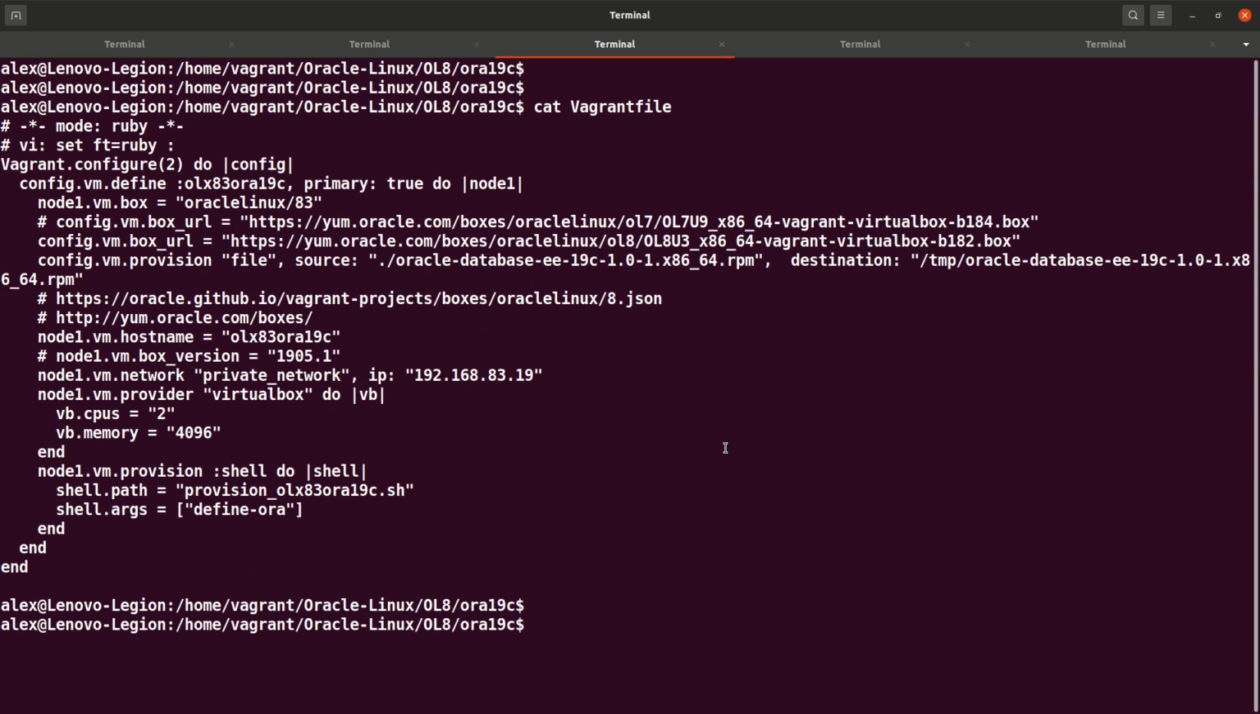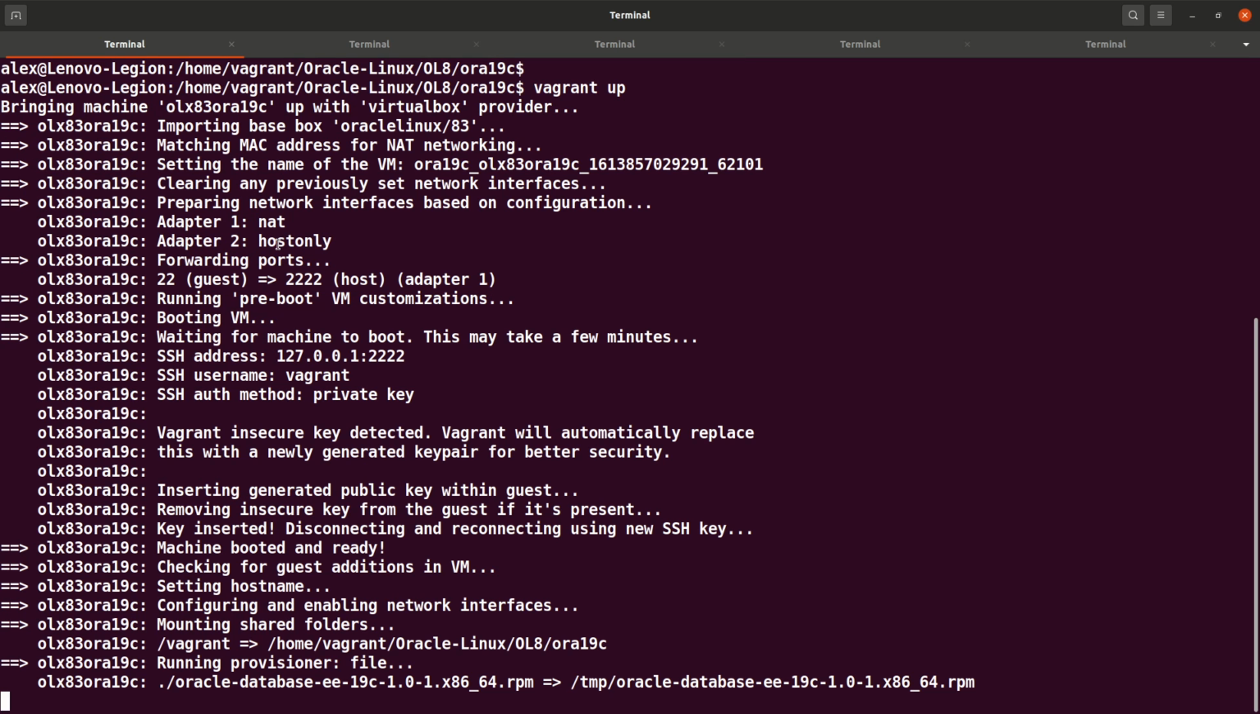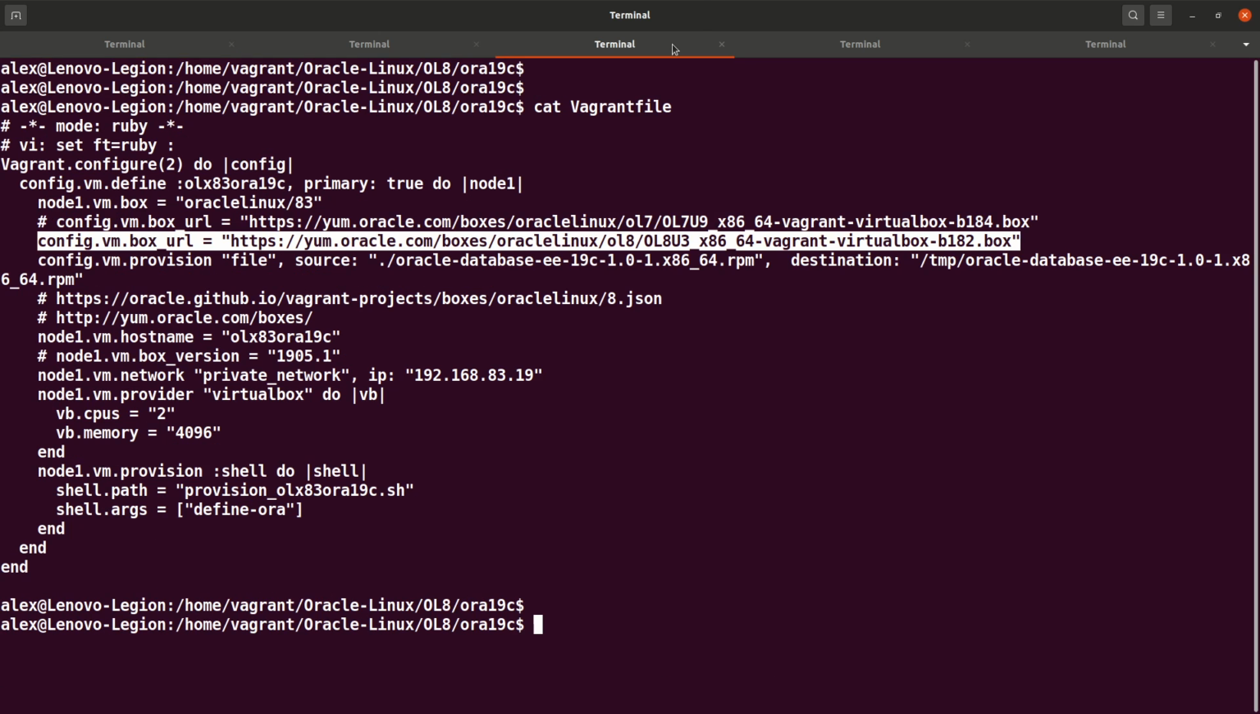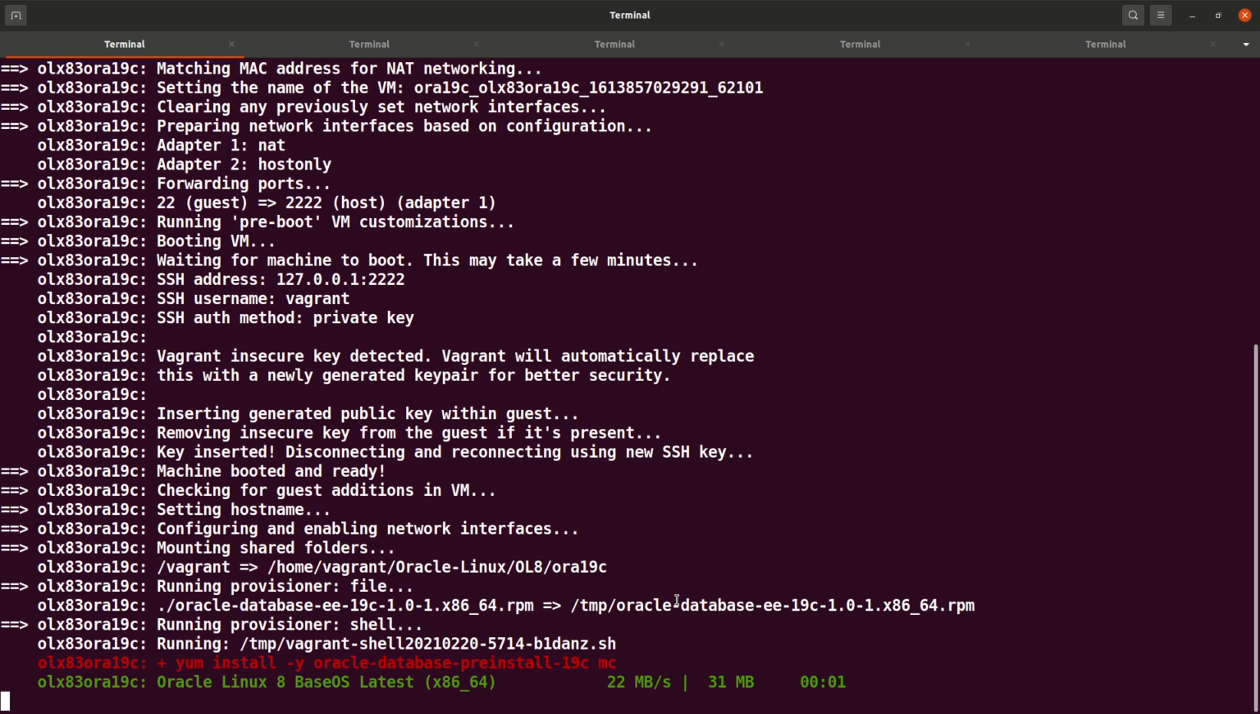This is the Vagrantfile. As you can see, Vagrant is automatically downloading from Oracle.com boxes for VirtualBox. Of course, VirtualBox is an Oracle product, so it's normal that Oracle has an Oracle Linux box on their site for VirtualBox. The script is uploading into the VM the Oracle database RPM,